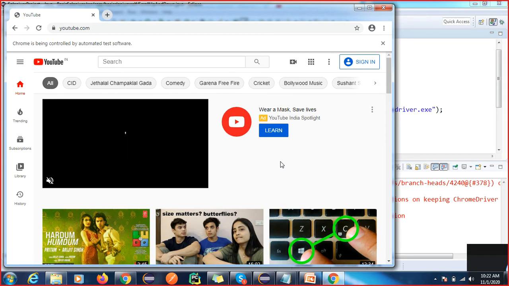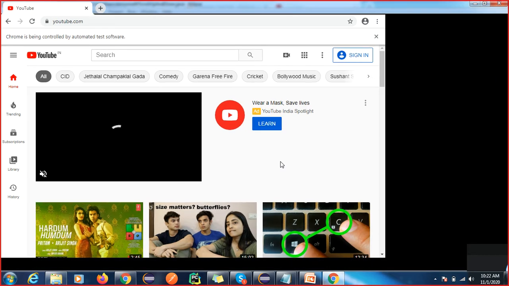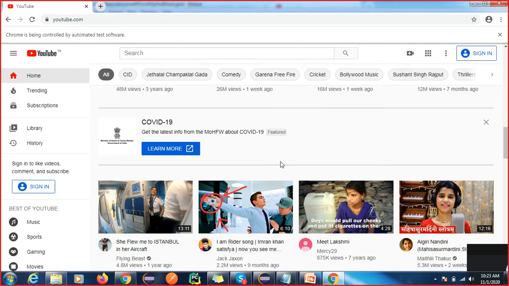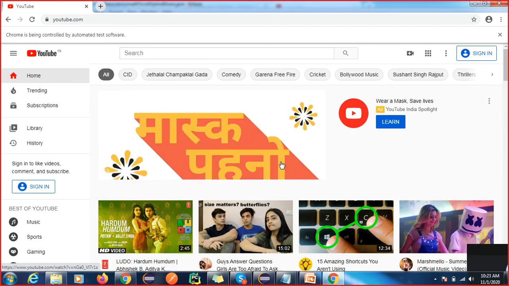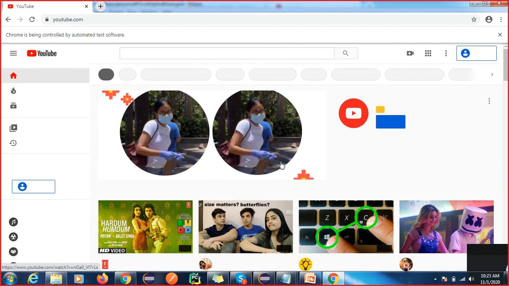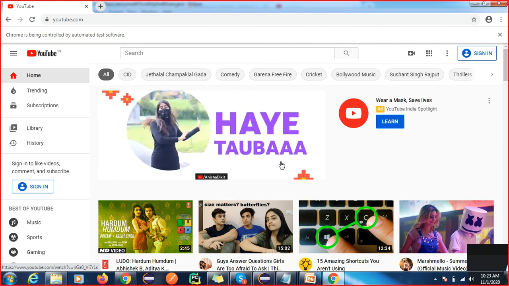It scrolls down, right? After 3 seconds it will go up. See, right? So this is how you can do a scroll down and a scroll up in Selenium.